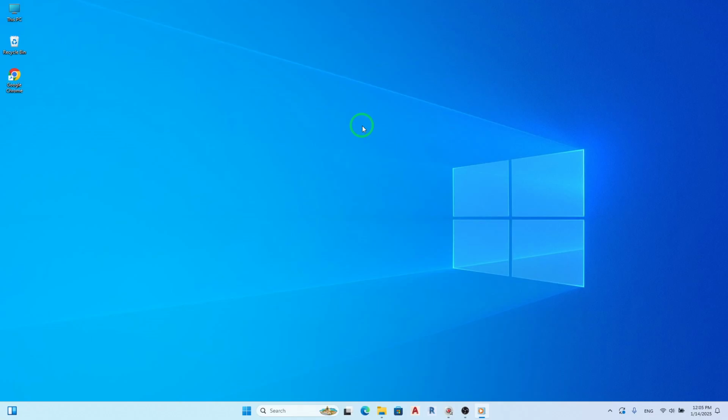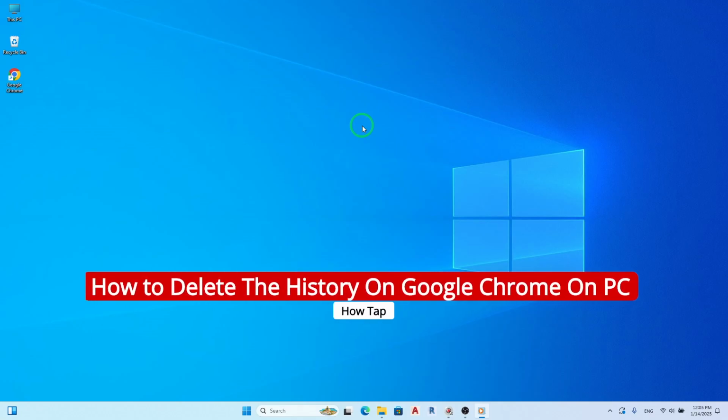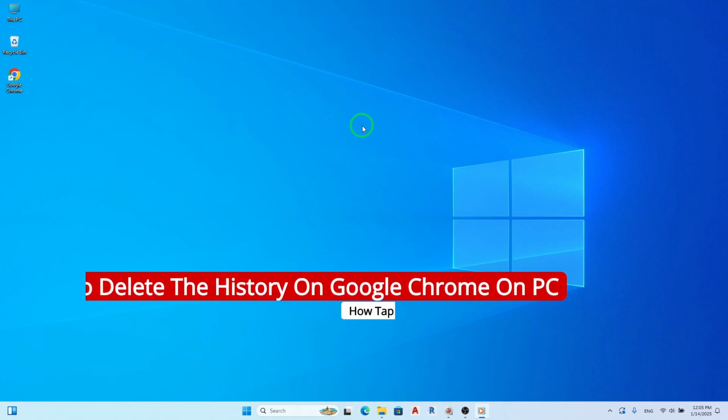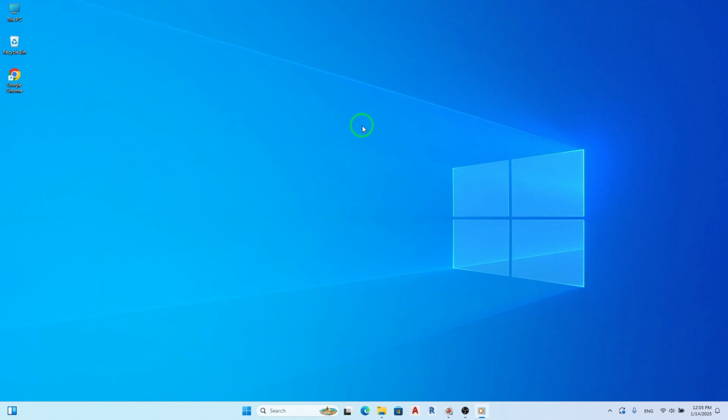Welcome. Today, we're diving into a straightforward guide on how to delete your browsing history in Google Chrome on your PC, especially with the latest updates. If you're looking to clear out your history for privacy or simply to tidy up your browser, follow these easy